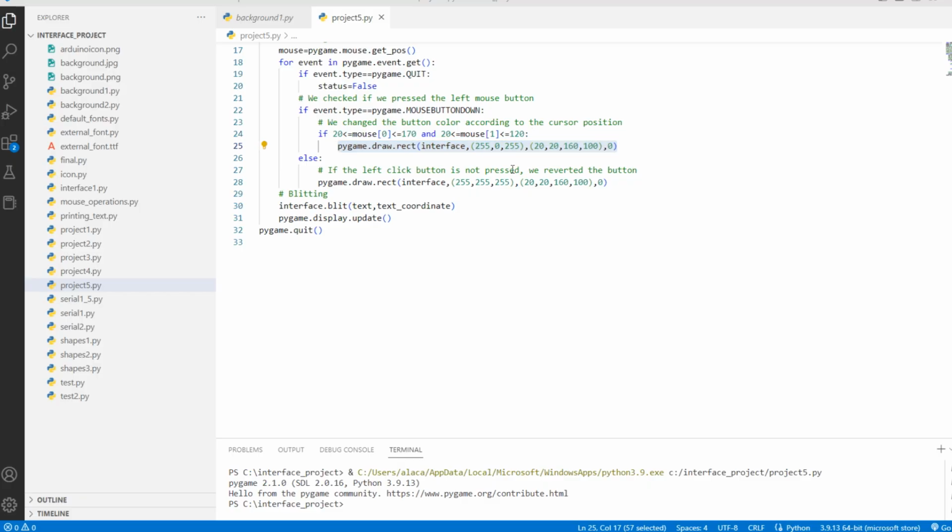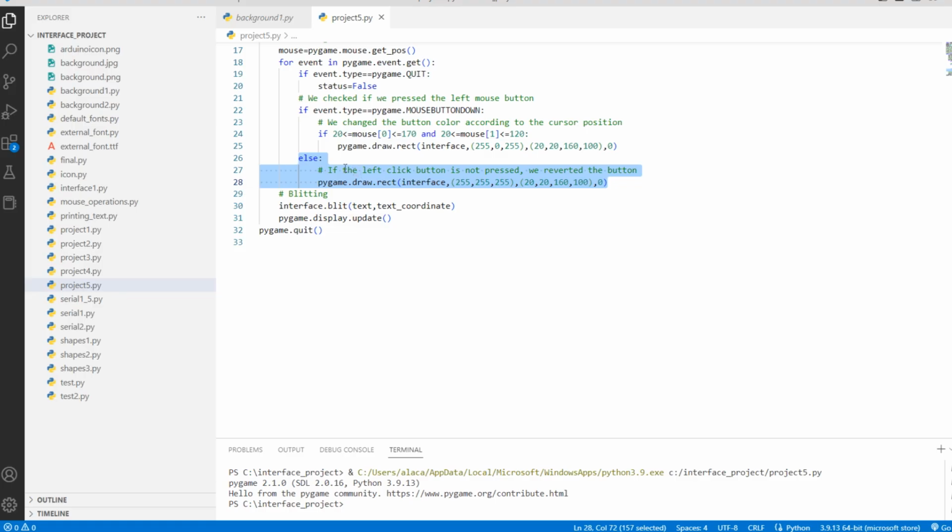Of course, this only applies when pressing. If we stop pressing the left mouse button, the button will return to its original state. We can understand this from the structure in our else condition, so we can understand here. There is something we should pay attention to here. Our else condition is valid if the left click button is not pressed, so you have to be careful not to over indent.